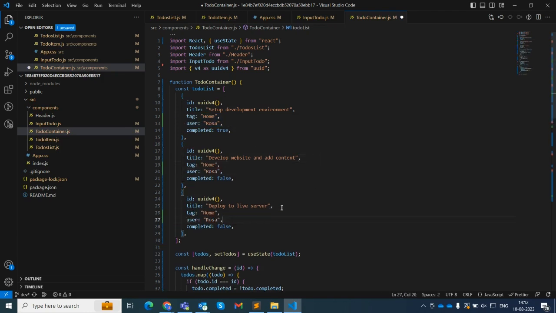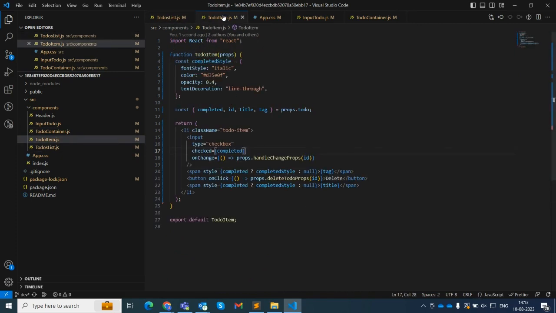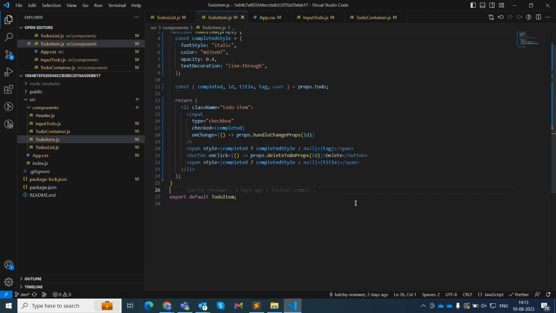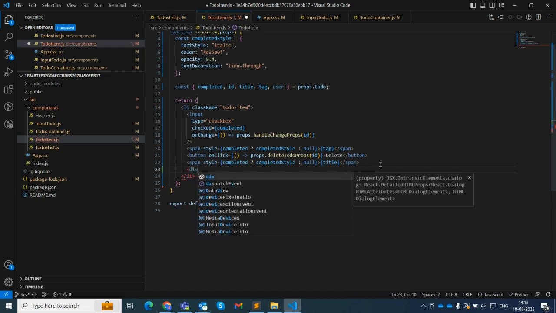Okay, so here second, let's do the important, and the user is myself, and work and check. Yeah. Okay, now in the to-do list, to-do item, we are going to use the same tag and user. Okay, now for the user, we need another structure. So let's add that div,